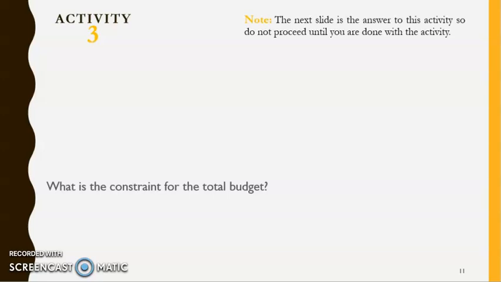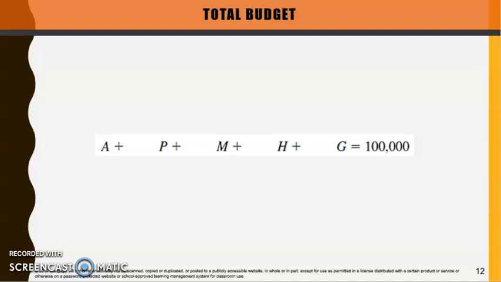It's very natural that when, for example, you have $10,000 for investment, the amount of investment you have in different sectors must not surpass that $10,000. So the constraint would be this: A plus P plus M plus H plus G equal to